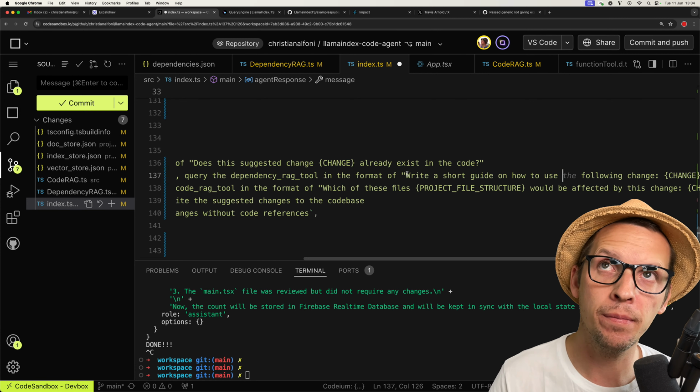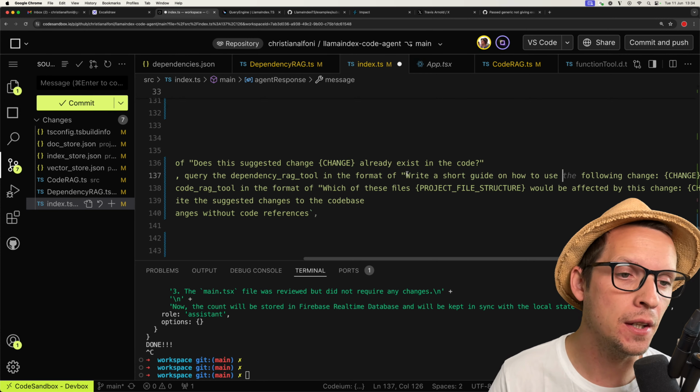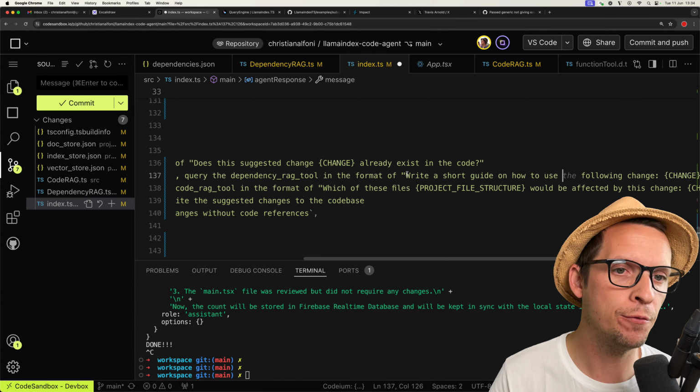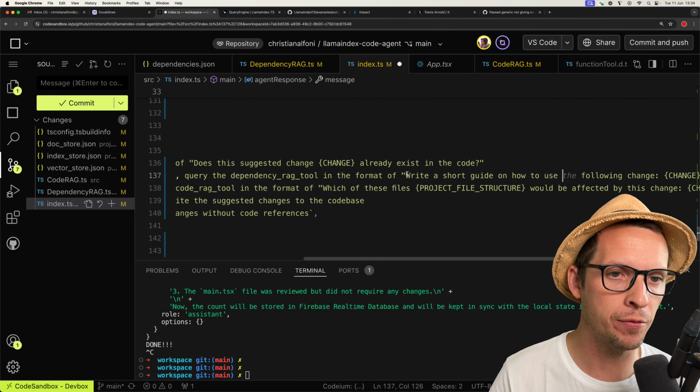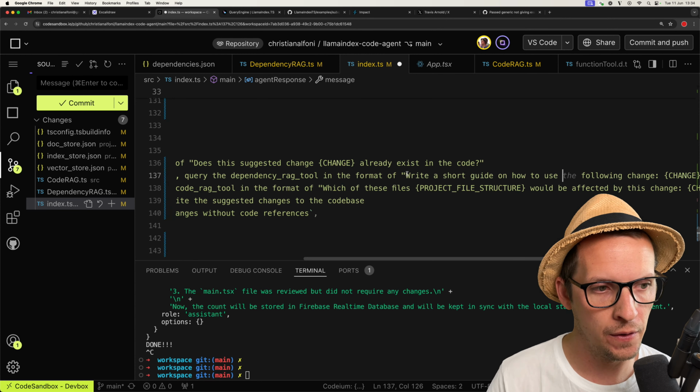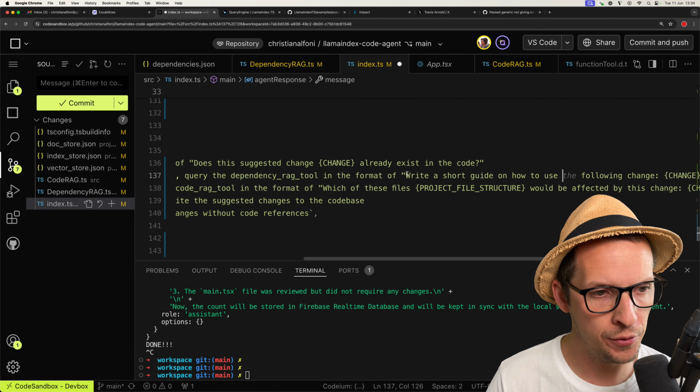Yeah, I wonder if here's also a thing, like the name of the dependency is also part of the metadata, and I don't know if it's actually part of the... okay, write a short guide on how to